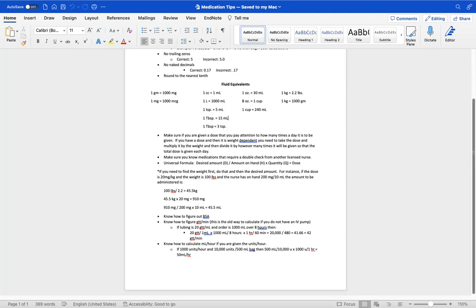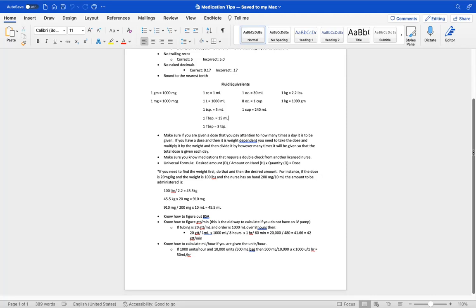So if you need to find the weight first, do that and then the desired amount. So as on this tip sheet, if the dose is 20 mg per kilogram and the weight is 100 pounds and the nurse has 200 milligrams per 10 mLs, the amount to be administered, you're going to find that weight first. So again, 100 pounds divided by that 2.2 pounds in 1 kilo is going to give you 45.5 kilos. And then we're giving 20 milligrams per kilogram. So then we have to take that 45.5 kilograms that we just found, multiply that by 20, which gives us